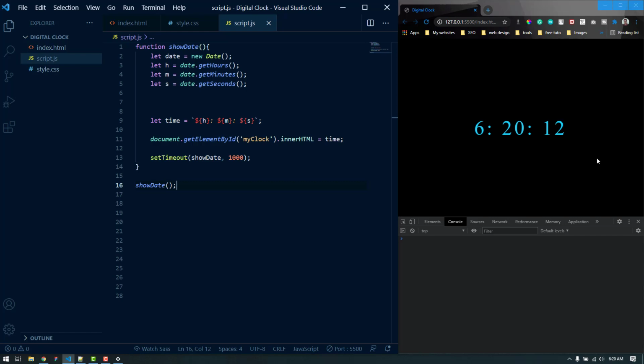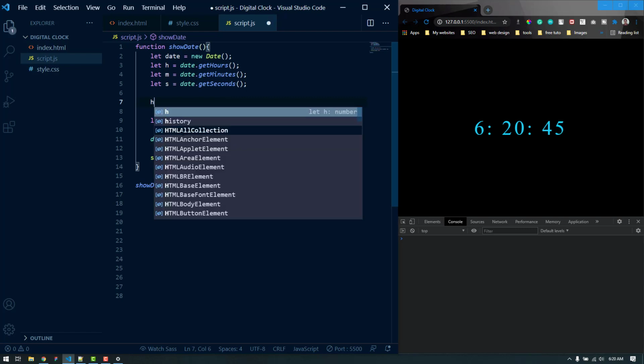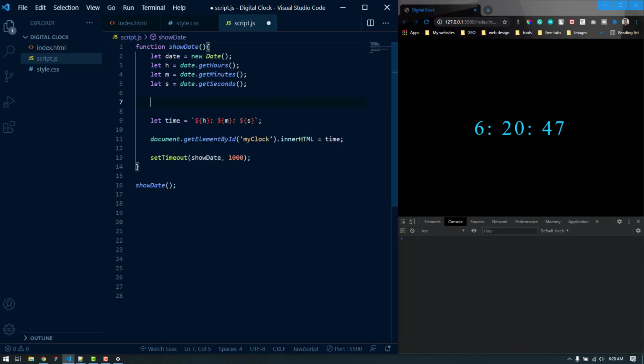It is currently a 24 hours clock, but we don't want that. We also don't want that to be like this in single digit. We can also add a 0 before it when it's a single digit, and we can remove the 0 when it is double digit. So let's do it. To make it double digit, we can modify the variables. So let's see how we can do that. We can use an if else statement.